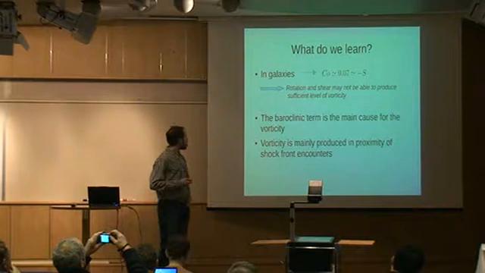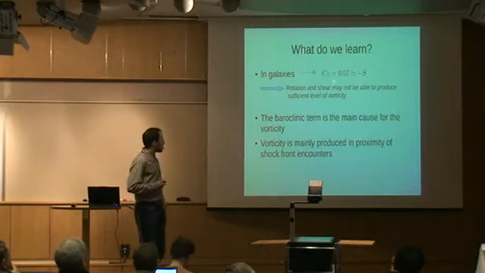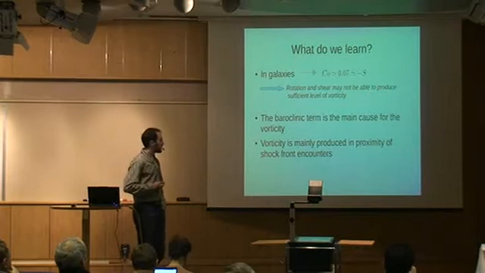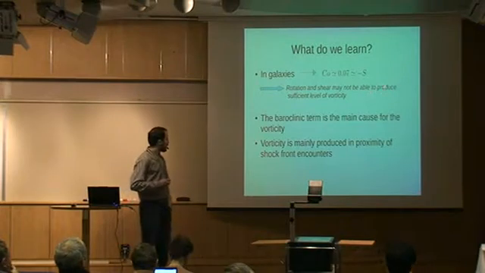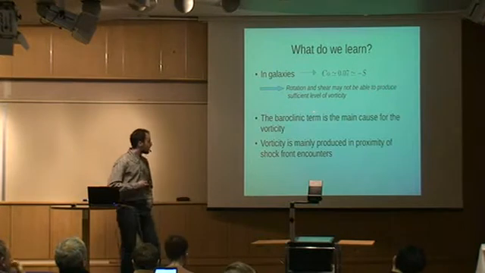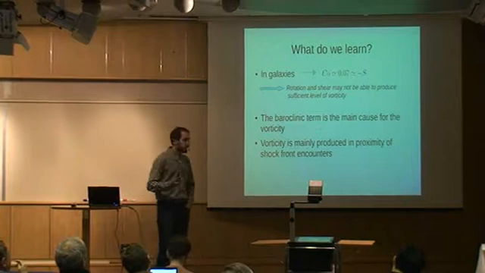What do we learn? We are interested in studying this in the context of galaxies, but in galaxies the Coriolis number as well as the shear number are very small. So rotation and shear may not be able to produce a sufficient level of vorticity in galaxies. And so our conclusions are that the baroclinic term is the main cause for the vorticity in galaxies, at least when we study this effect, because we know that there could be some other